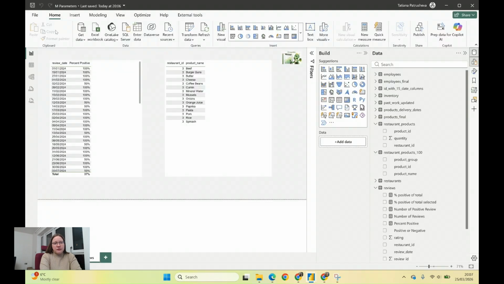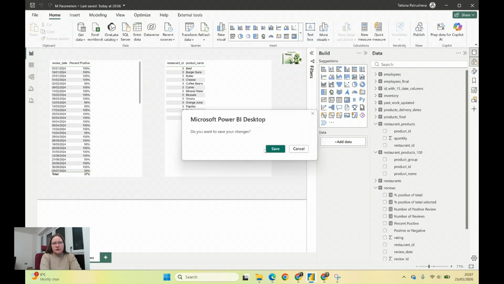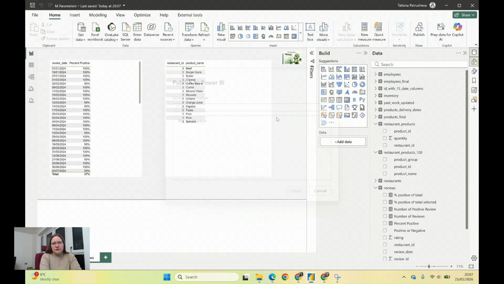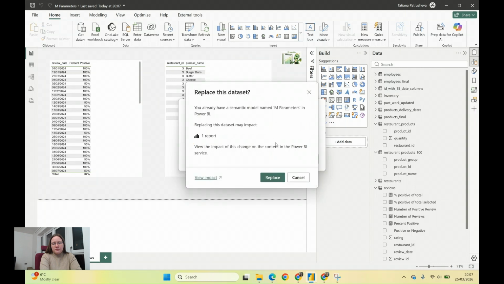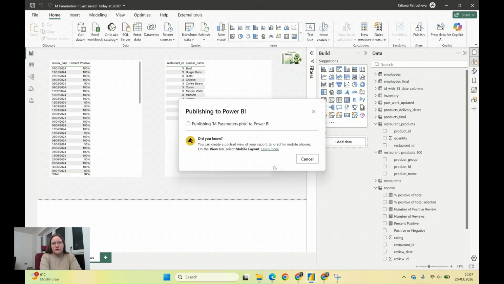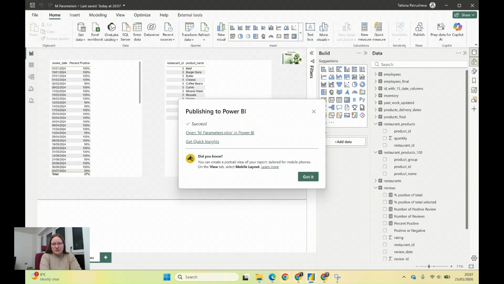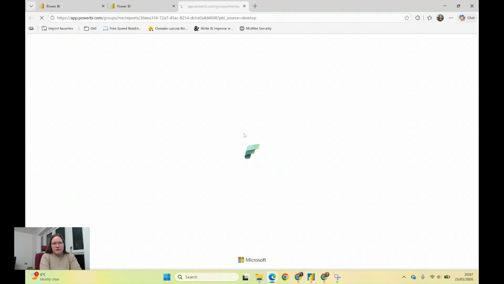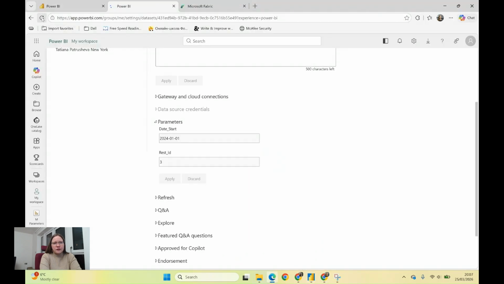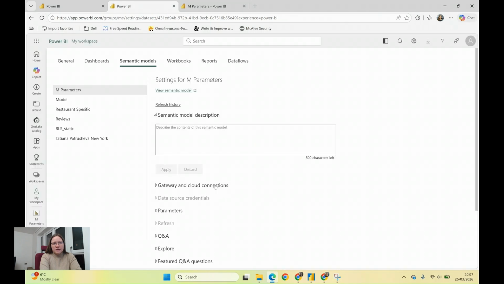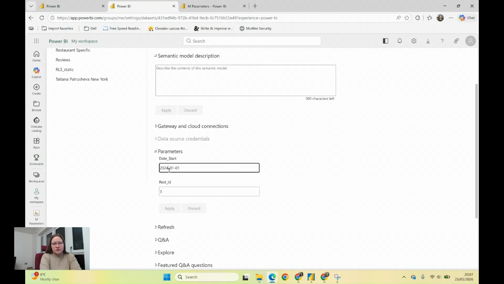And if we apply this, we can still see that the parameters are working, they're still filtering the data, and if we publish the updated model, we will be able to change the parameters online. That's why we use these parameters. So we go back to the model, click refresh, and now when we go to the parameters, we will be able to change it, for example, to 2025